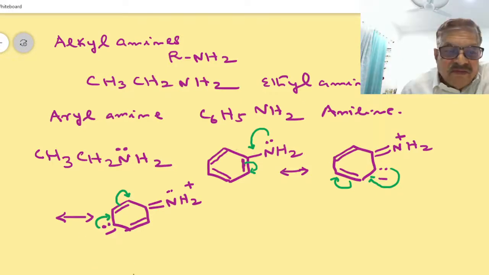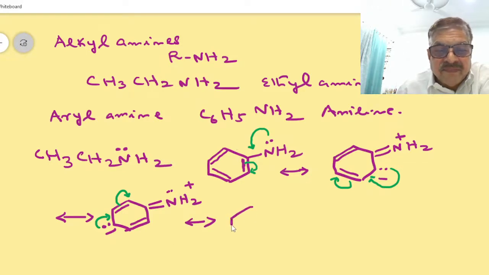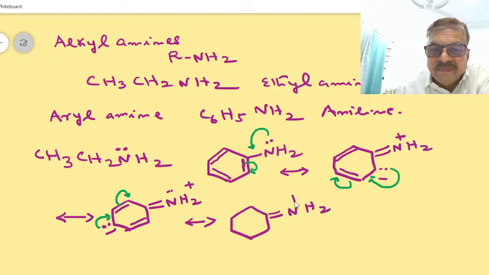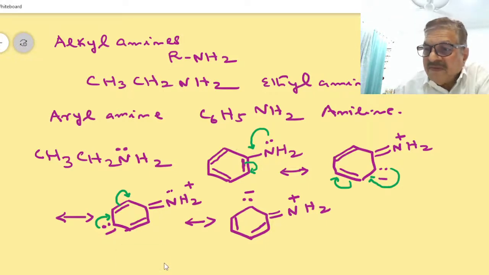So the fourth structure will be this, our fourth structure here. Here this electron pair, it will come like this. Then it will go like this here. So we'll be finally getting